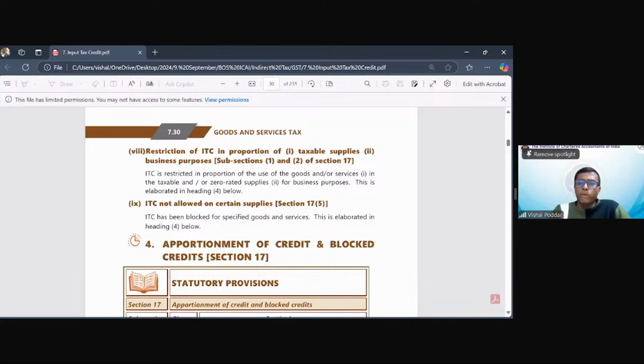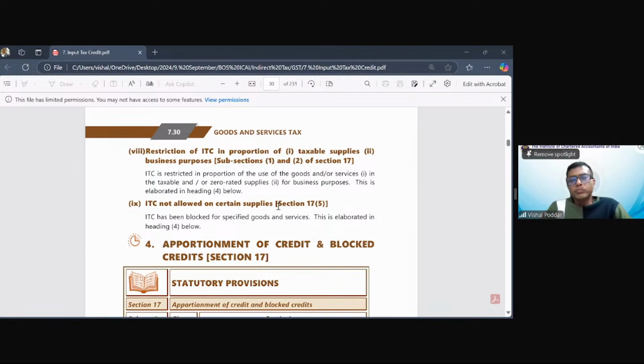Excuse me, sir. Sir, in exam, we have to write exactly the same wording which is given? Not at all. You can always use your wordings. Only try to use section numbers, rule numbers wherever possible. And since this is an important chapter, I will request that you learn all these rule numbers because they are very, very important. Correct? Yes, sir.